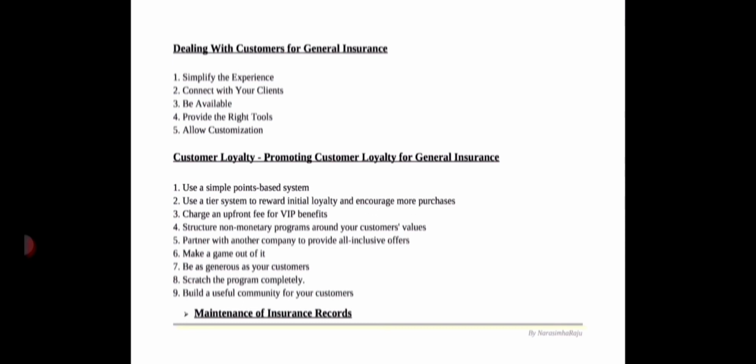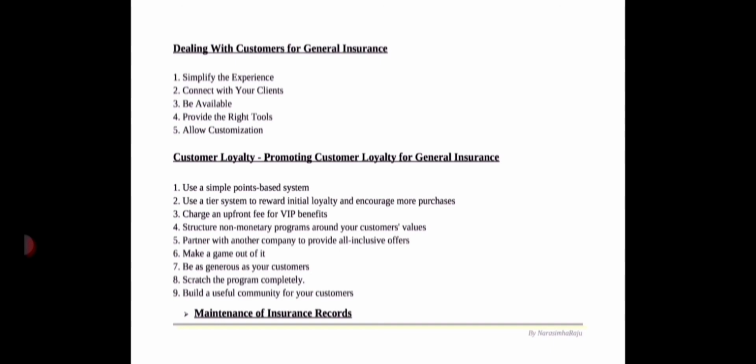The biggest difference between the point system and the tiered system is that customers extract short-term versus long-term value from the loyalty program. And the next one is to charge an upfront fee for VIP benefits. In some circumstances, a one-time fee that lets customers bypass common purchase barriers is actually quite beneficial for both business and customer. If you identify factors that may cause your customers to leave, you can customize a fee-based loyalty program to address